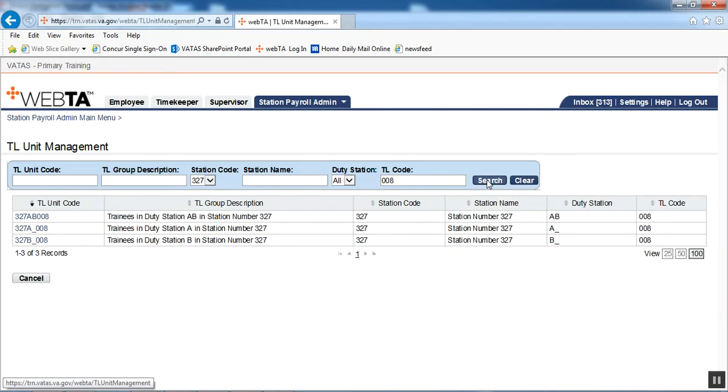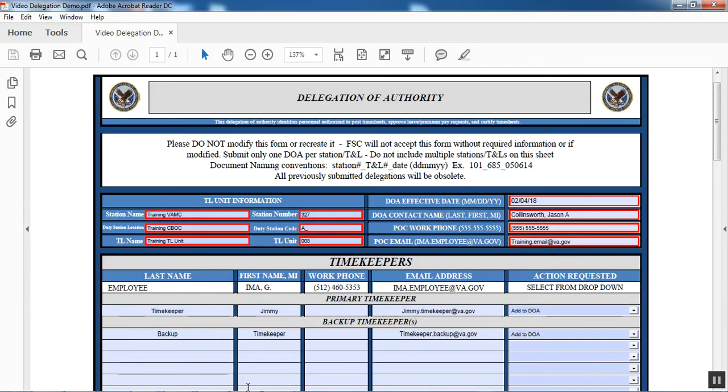And as is often the case, you will get more than one result when you search, and that is the case here. We have 3 results. However, let's go back and take a look at our delegation of authority. You see that this delegation of authority is specifically for TL unit 327A_008,